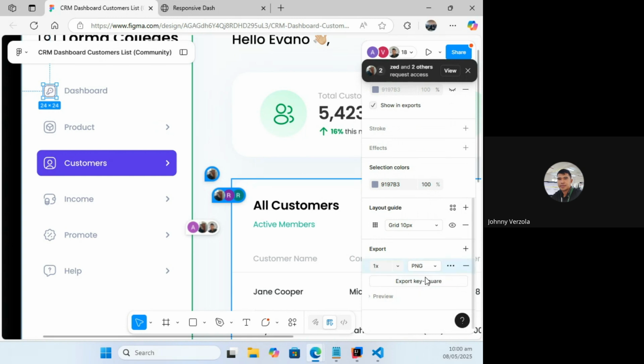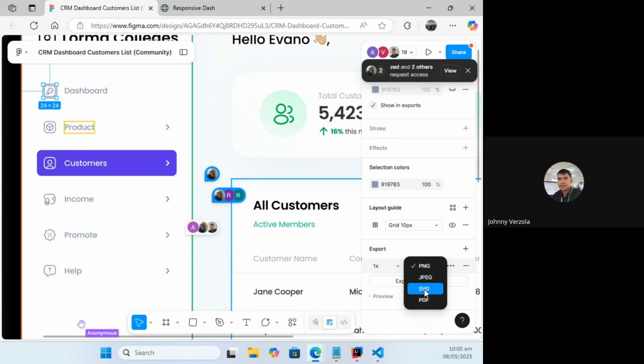PNG is just an image with a transparent background, but you cannot recolor it via code. JPG has a solid background. So if that is like that, then the background will just be solid white. It's not good, especially when your icon is placed on a darker, non-white background.